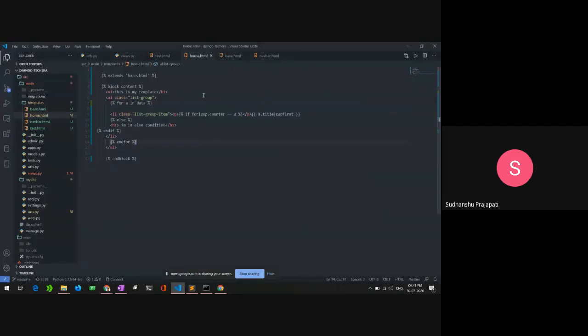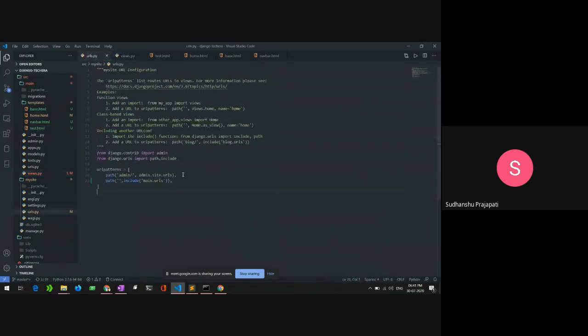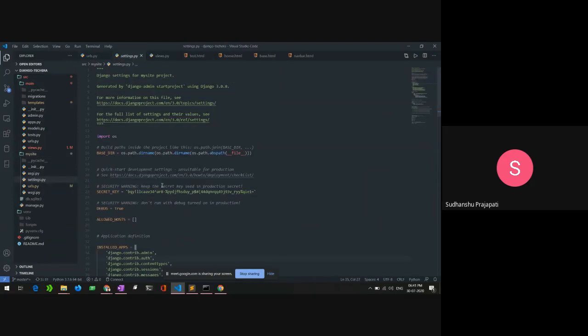So now you understand the use of if condition inside the template tags. One thing I also want to include is inside your main site, in the settings.py file, you are seeing something called the secret key.